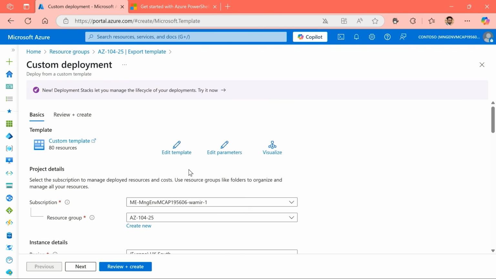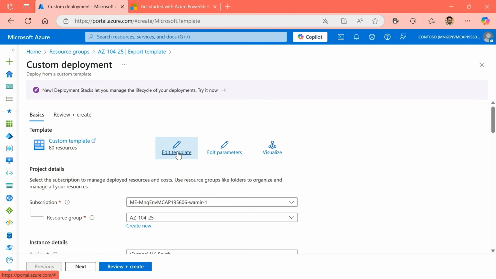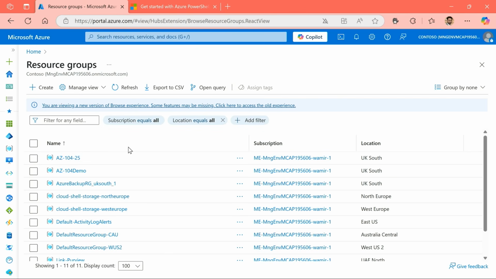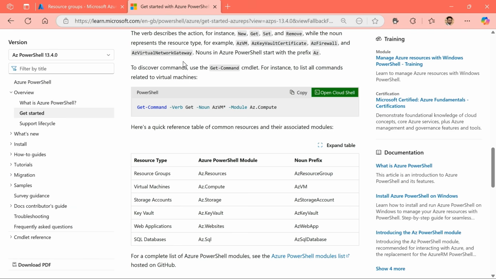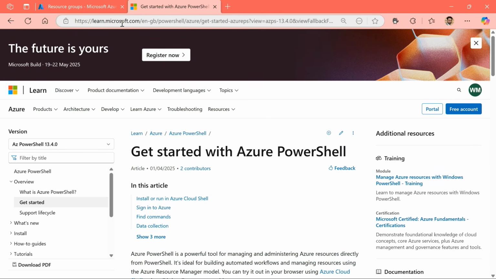And any other similar settings that I might need to configure, I can go back in here and define and edit some of that. Now, once I'm happy with all of that, I can simply hit next and create those, and it will create all those resources all over again. Well, let's not do that for this part of the demo. But hopefully that gives you an idea on how to recreate some of those. Now, what I am going to do is very quickly go back into the Learn portal and show you some documentation for my